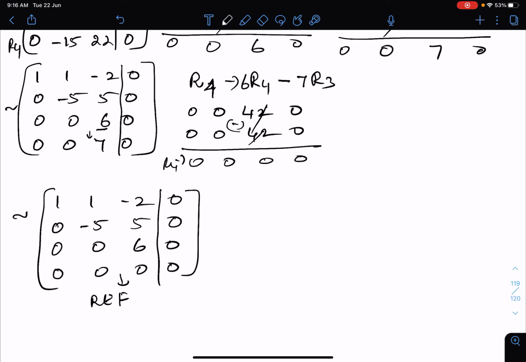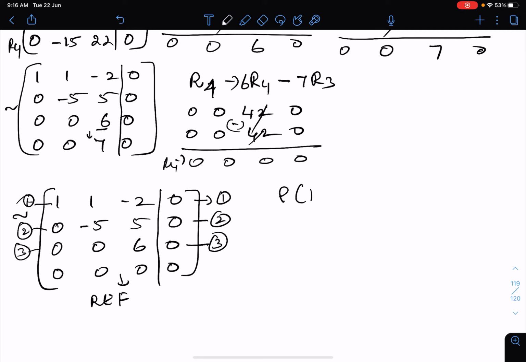Now we are going to find out what are the conditions whether it is trivial solution or non-trivial solution. For that we have to write rank of the augmented matrix A comma O and rank of A, and if it is equal to the number of unknowns, it is trivial solution. If it is not equal to the number of unknowns, if it is less than the number of unknowns, then it is non-trivial solution. For that we need the non-zero rows. Augmented matrix: first non-zero row, second non-zero row, and this is the third non-zero row. As far as A is the 4 cross 3, this is our first non-zero row, this is our second, and this is our third non-zero row.